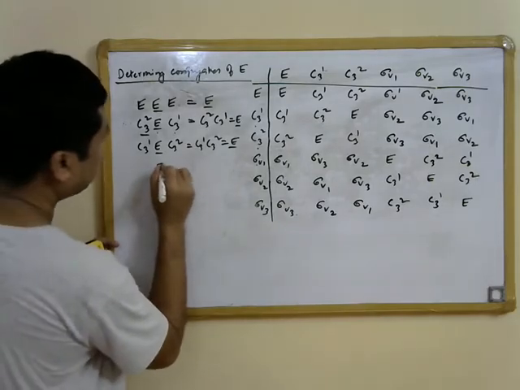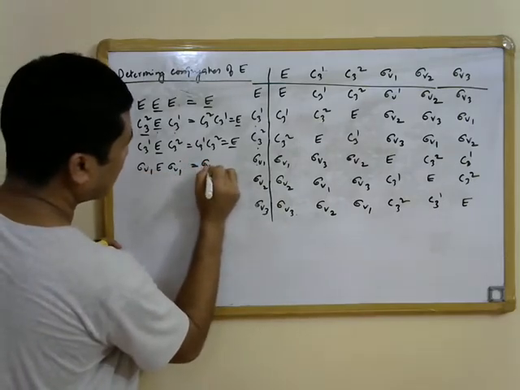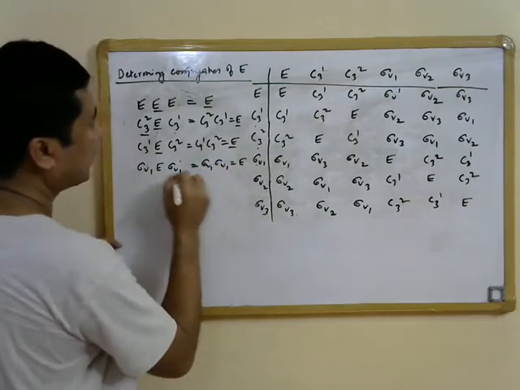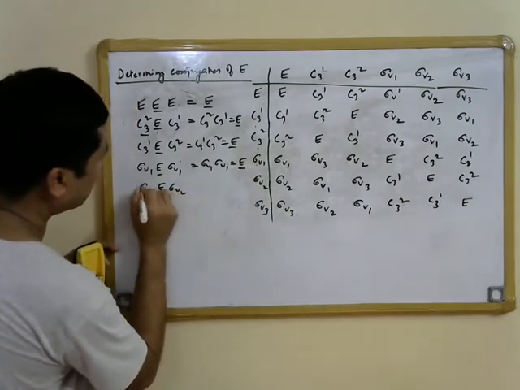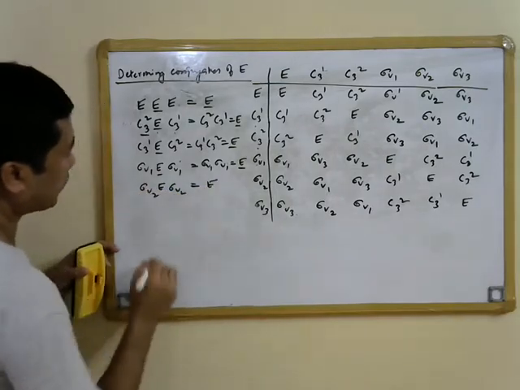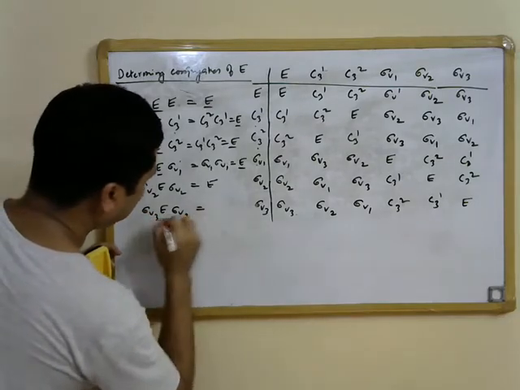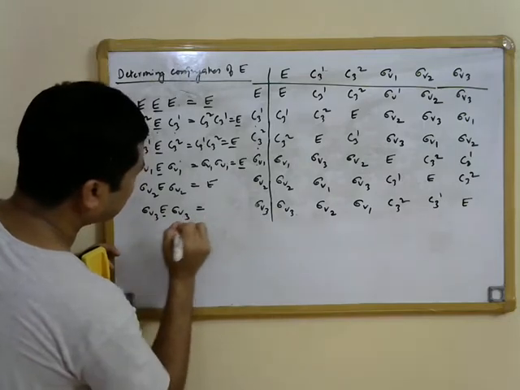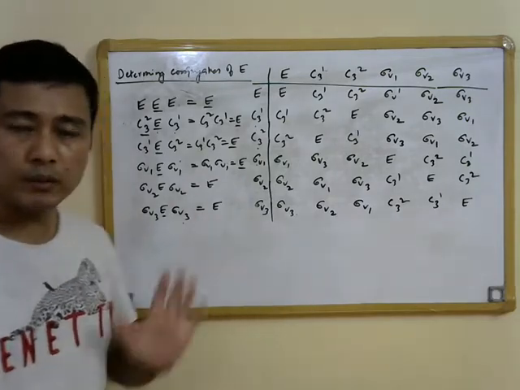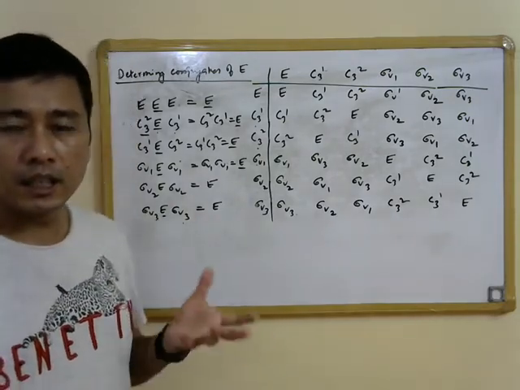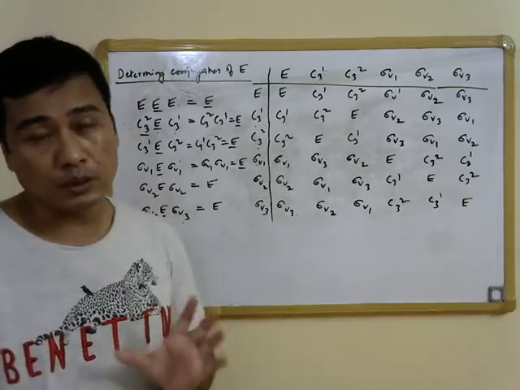Then let us also take sigma v1 and the inverse of sigma v1. So that is sigma v1, identity, sigma v1, which is again identity. So identity element is conjugate with itself. And if we take sigma v2 also, we will get the answer to be equal to identity. And then if we take sigma v3 and its inverse, do similarity transformation on identity operation by using the sigma v3 operation, then again we will get the answer to be equal to identity. So what we have seen is that the element identity is conjugate with itself and with no other elements, and the element identity forms its own class.